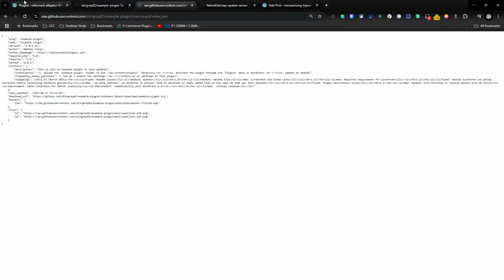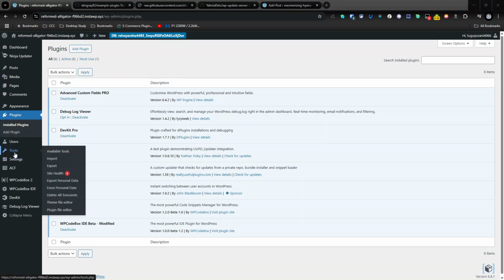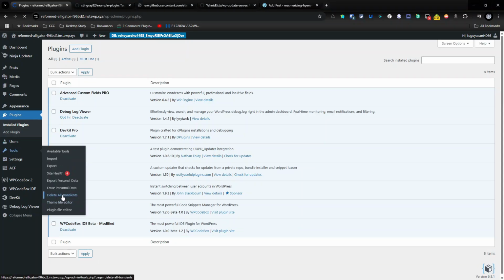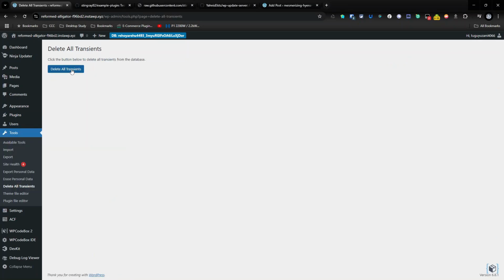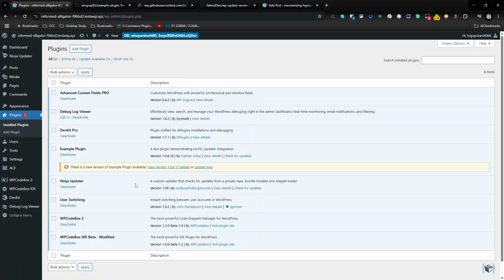So if we were to go back to our site here, and this time I'm going to turn on a script to allow me to delete transients, which I've now done, and I should now have a new option in tools to delete all transients. I'm going to delete the transients, and this will force WordPress to do an update rather than a manual update. And you'll see here we now have an update available, and it's telling us that GitHub now wants to serve us 1.0611, and I'm going to update that now,